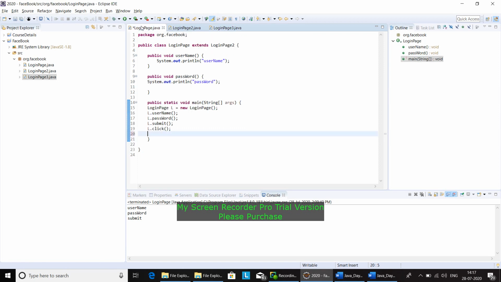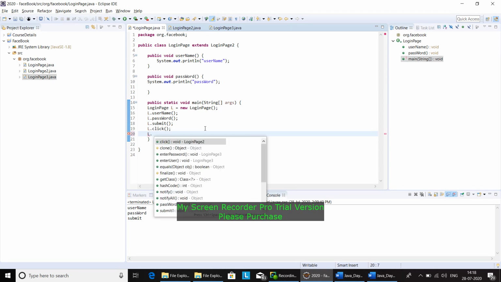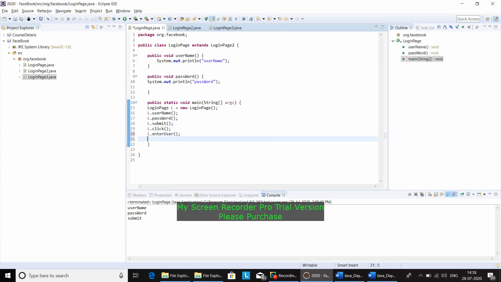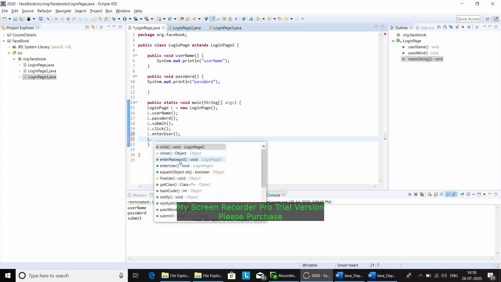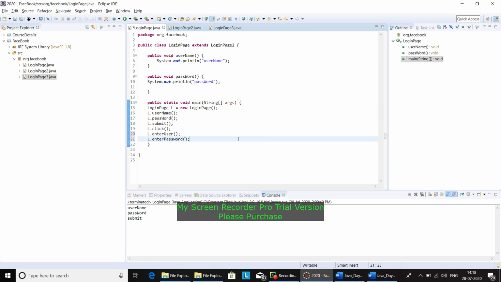We are going to call these methods here without creating any objects from the parent class LoginPage3. Let's see if I'm able to see enter user, and I should see enter password. See, this is coming.